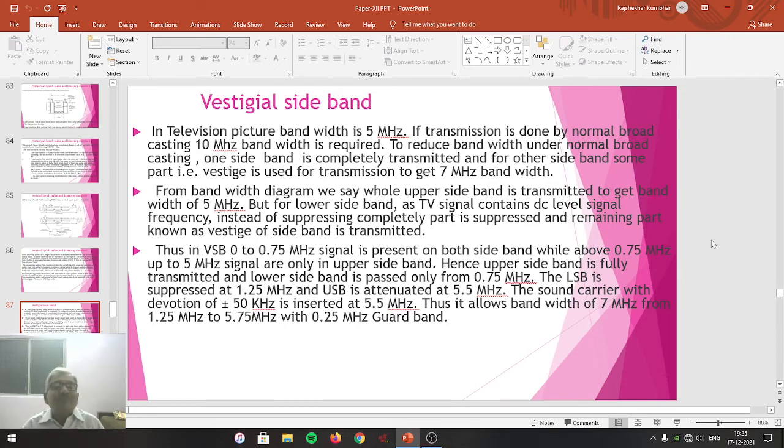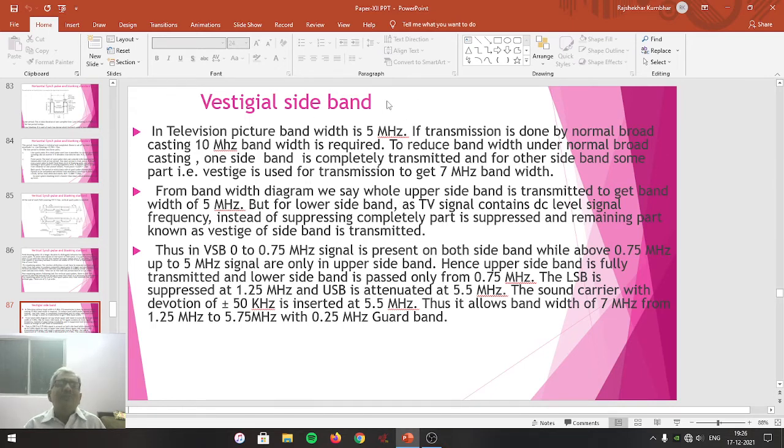composite video signal. If a color burst signal of subcarrier with the frequency 4.8 MHz is included at the back porch in the composite video signal, then that forms the color composite video signal. Friends, that's all about the meaning of composite video signal and also the color composite video signal.